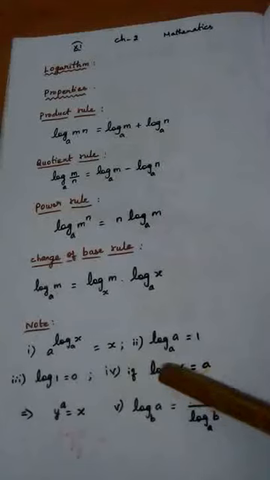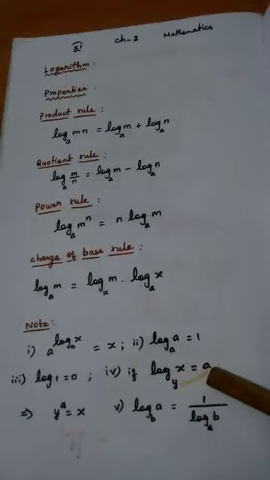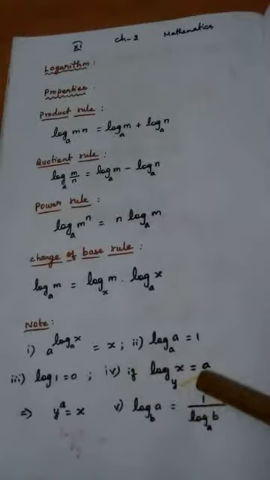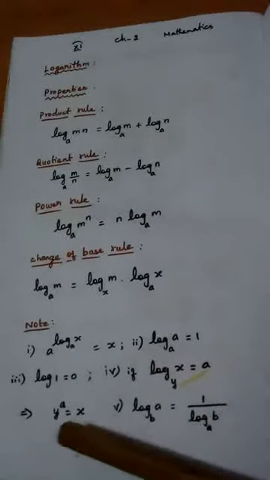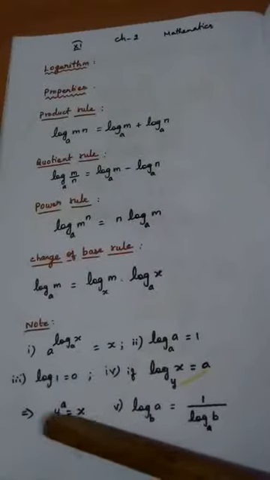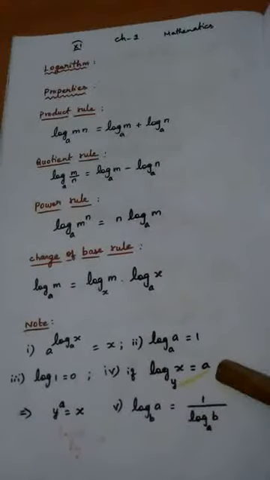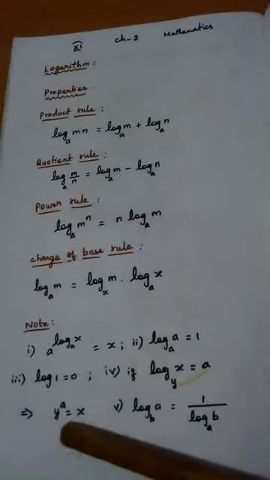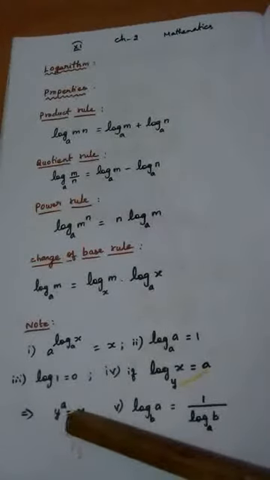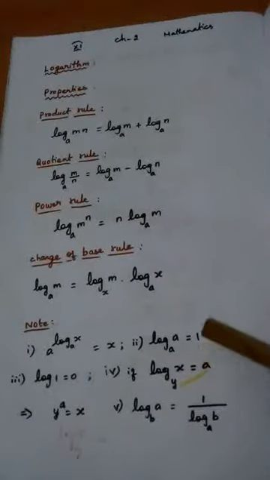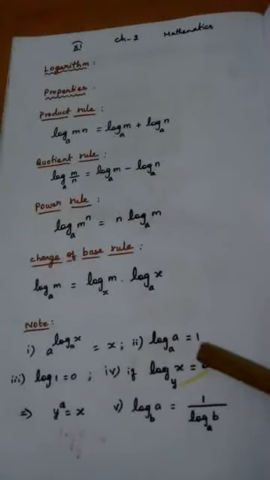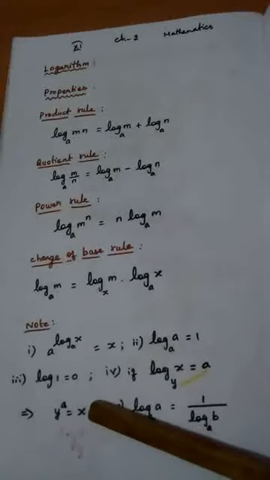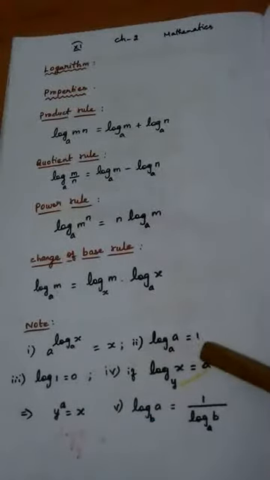If log x base y is equal to a, then we can write this in exponential form as y power a is equal to x. Just I have written an arrow mark here just to understand, y power a equal to x. This is called exponential form. This is called a logarithmic form. If this is the logarithmic form, the corresponding exponential form is this. If this is given, we can even write the logarithmic form like this.